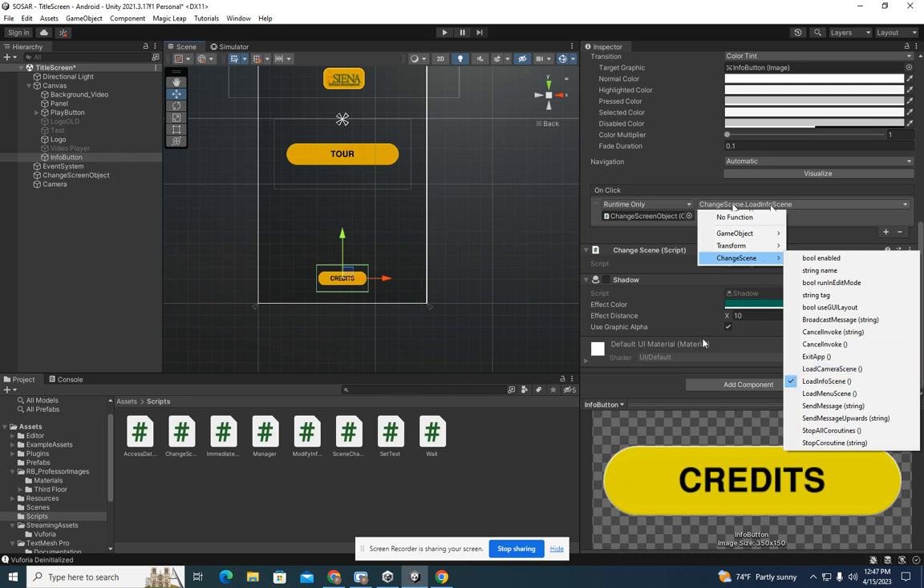You'll hear me refer to scenes as rooms. I'm talking about the same thing. There's a whole big thing with that. But